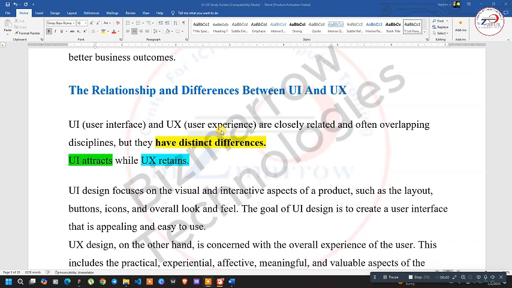Now, the difference here is UI attracts, while UX retains. UI is what attracts you, while UX is the one that helps retain you. All right. Now, let's give an example of